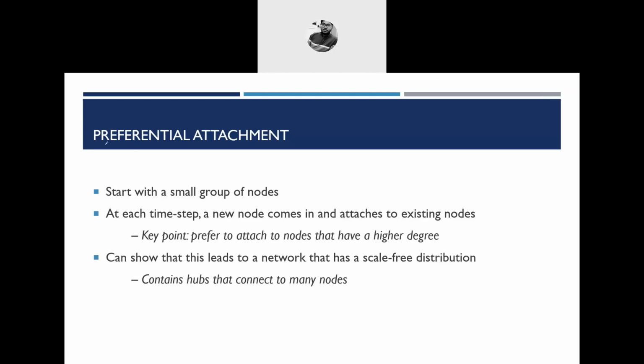So let me explain it in a better way, pictorially. This is a node, and this is a new node, and there is another node here. This node has a lot of connections, as we can see, and this is the new node. This is another old node, but this has only two connections. This has four connections. So this new node will obviously get attached to this node, not this node. So that is how preferential attachment works.